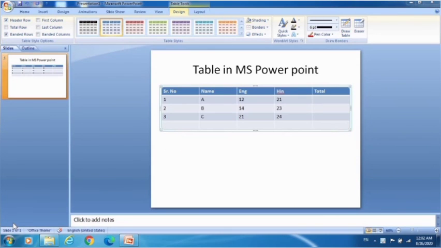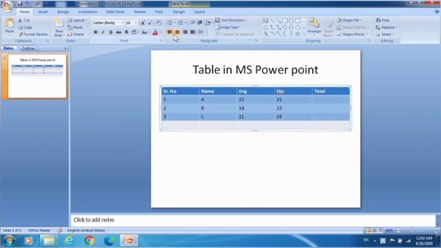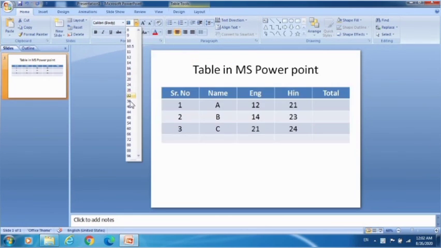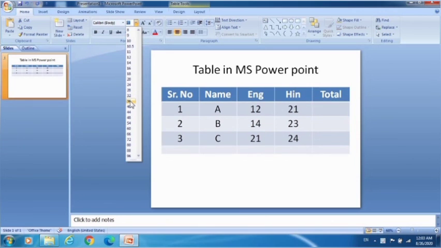Now we will learn about the alignment of the text. If you want to align the text to the middle of the table, just select the text, go to the home and center align. If you want to make it a little more visible with a heavy font, select the font accordingly.